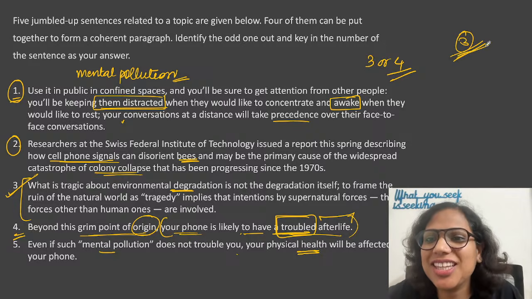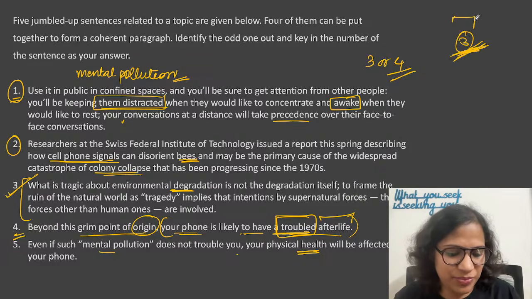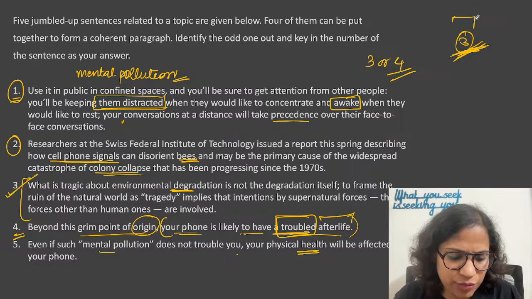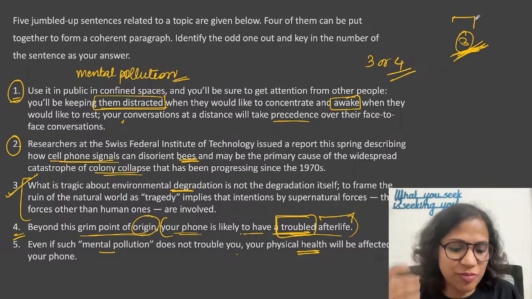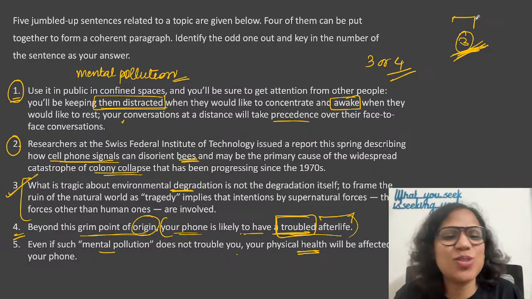The answer, kids, I have written is 3. Okay, all right. Does 4 refer to anything in the text, somewhere where this was picked from, Mudit? It has not been discussed. What is the grim point of origin? We don't know. Okay,